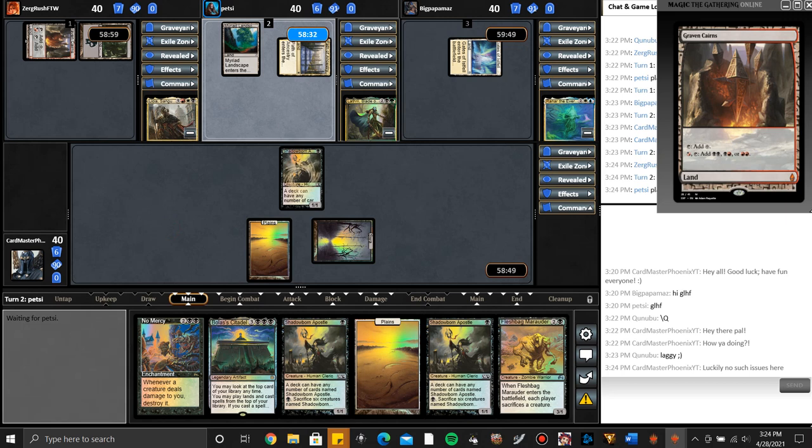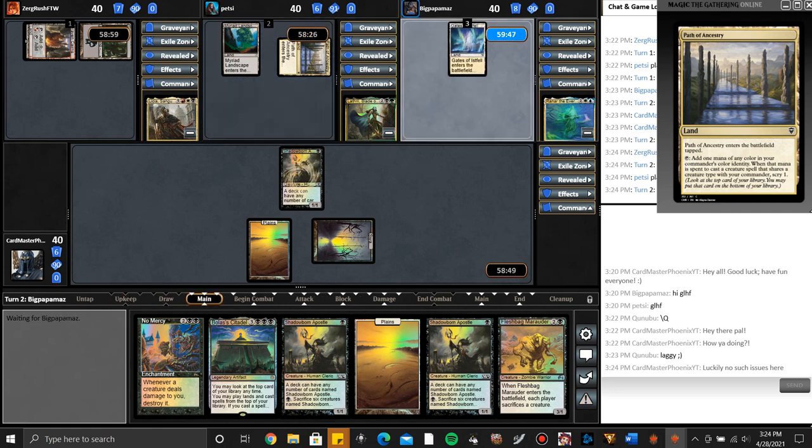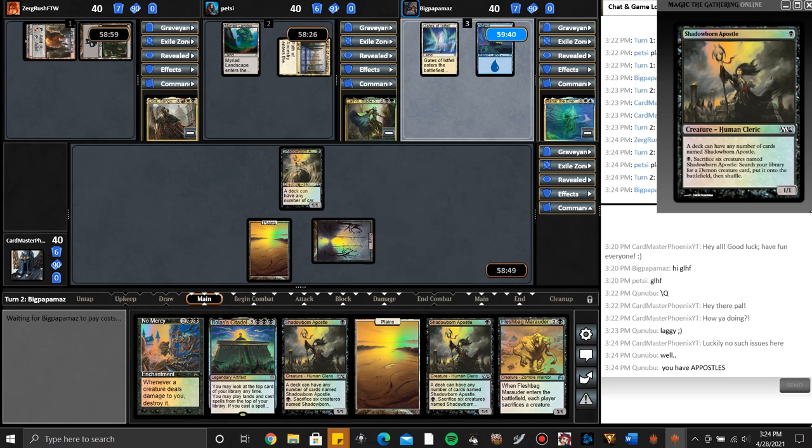We'll see Petsy play a Path of Ancestry as his land for turn, which will enter the battlefield tapped, and he can tap to add a mana of any color in his commander's color identity. And when that mana is spent to cast a creature that shares a type with his commander, he can scry 1. We're then going to see him pass turn over to Big Pop Maz, who will play an island